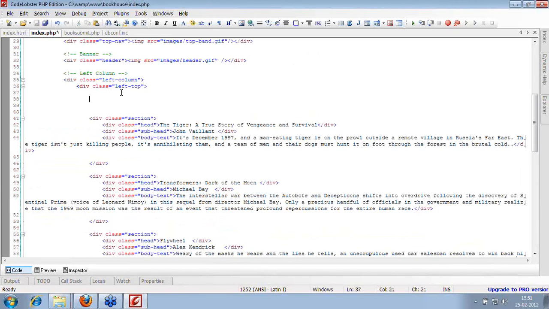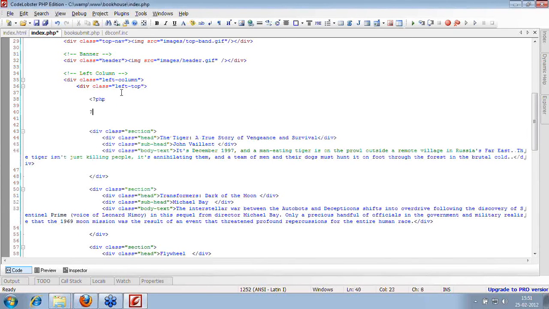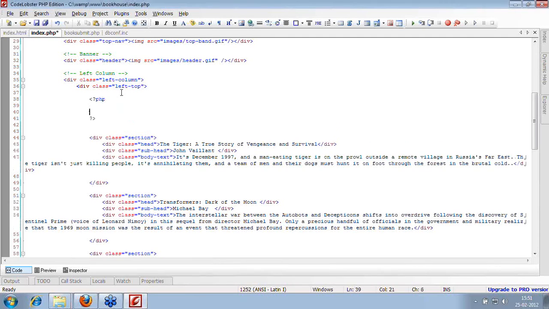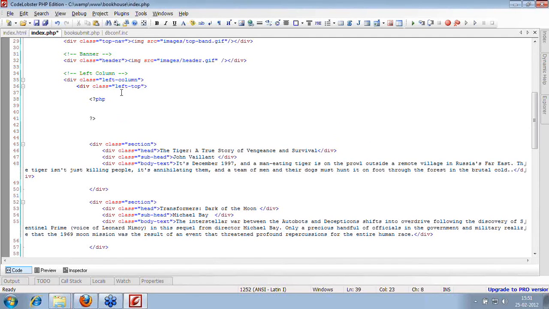So I'll say here I want to add my PHP code. So I'll say PHP code to be added here. Now what do we need? First, the database we have connected. Now we need to create a query to populate the data, for which we will have a query for the select statement. Okay, so I'll say select.